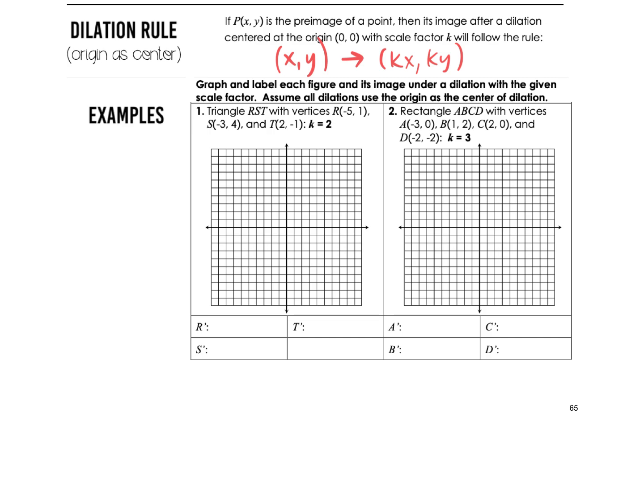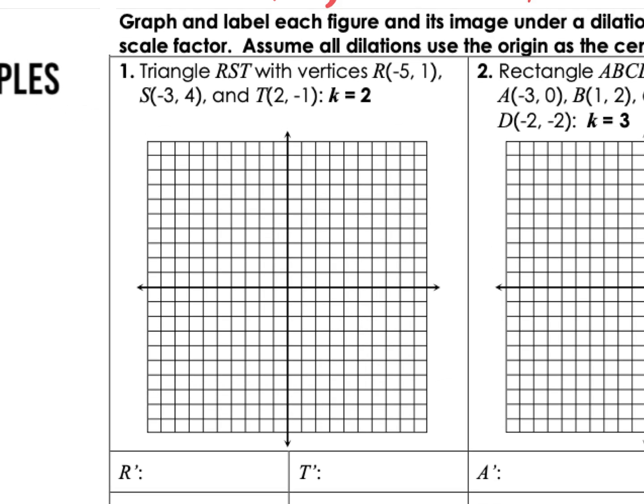So, look at example 1. Triangle RST with vertices R at (-5, 1), S at (-3, 4), and T at (2, -1). Okay, if K equals 2, then